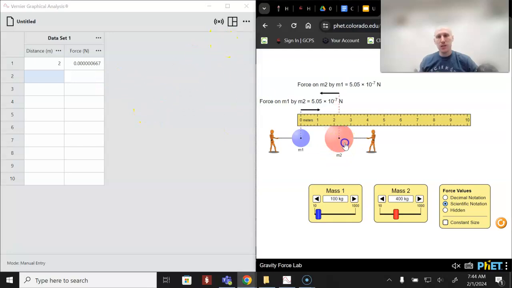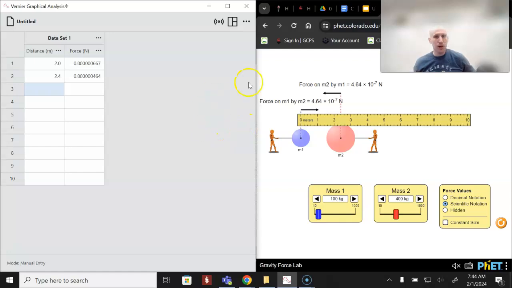We're going to move this incrementally. So maybe this is 2.4 meters, 2.4, and then we get 4.64, and then E to the negative 7 again. And so we'll just keep taking data like that until we fill this up. In the next video, we'll show you how to